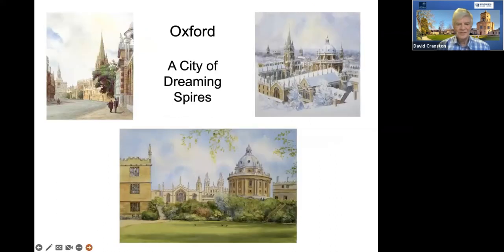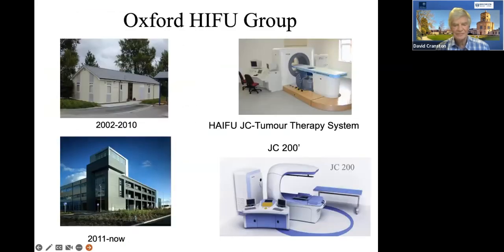So Oxford, that many of you may have been to, is called a city of dreaming spires. And it has been a great privilege to work here during my consultant life. Certainly, if any of you are able to come at any stage, please get in touch and we'd be delighted to show you around. So we started off in 2002 in this building here on the left with this machine,